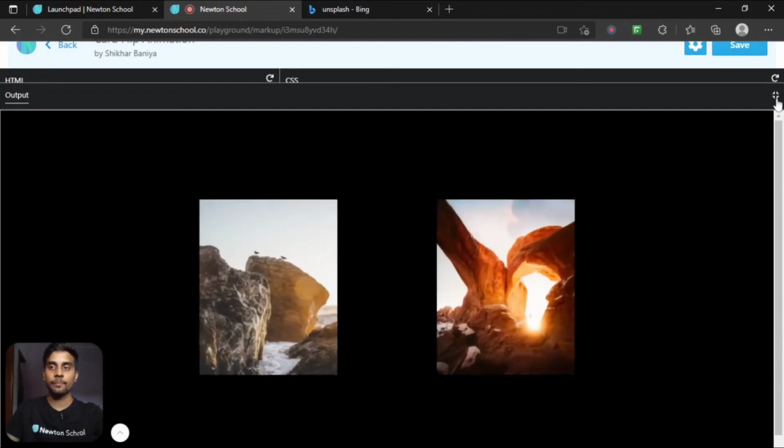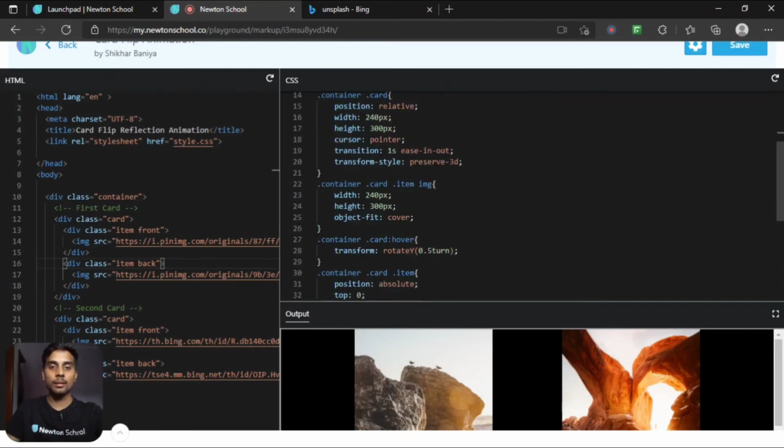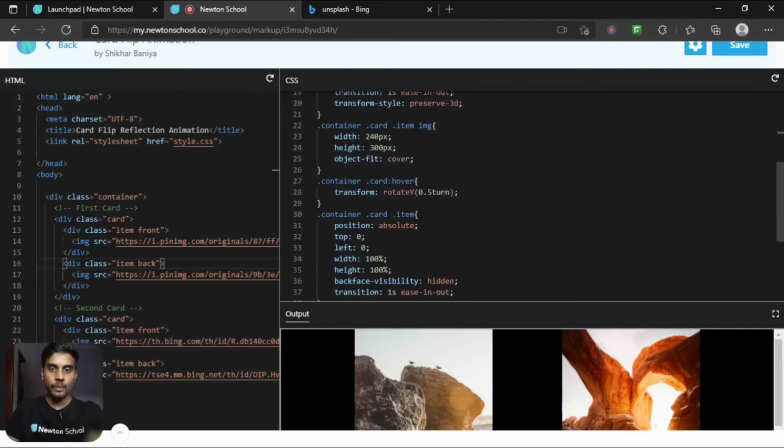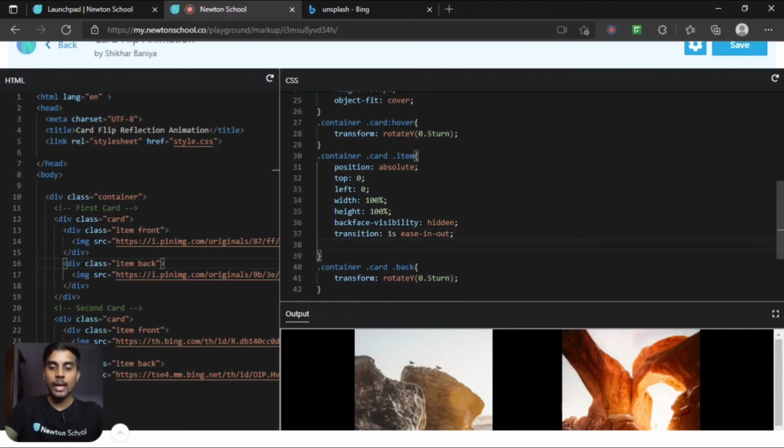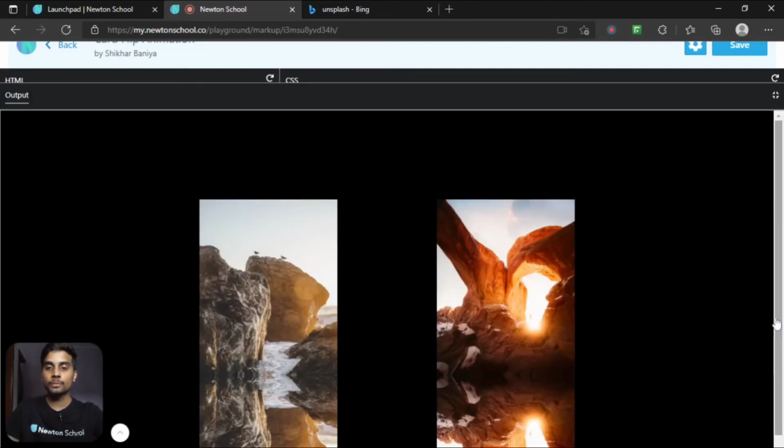so this looks great. Now the only thing remains is the reflection. So let's work on that. Let's go to our item, and in order to display a reflection, there is a property called WebKit box reflect. Okay, so the first value is the direction of a reflection. I want below. Spread of a reflection, I want 0, none. 0 means none. Okay, and let me show you.